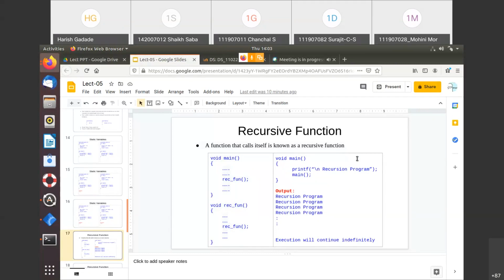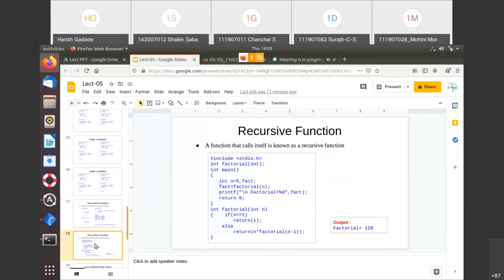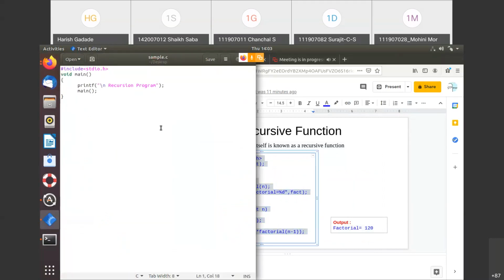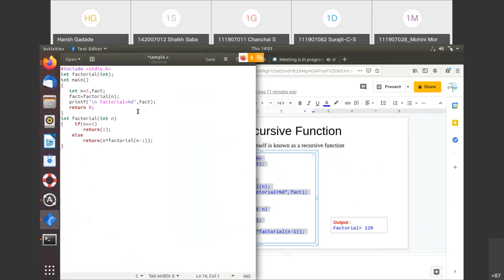Ready? So I think you might have understood what a recursive function is. The function which calls itself again and again, that you can call a recursive function. So one very traditional example that I'll take here so that you will understand it: you can see here the recursive function for the factorial program. You can see here what I did here. I'll copy this and put it into this so that I'll explain it again very smoothly.